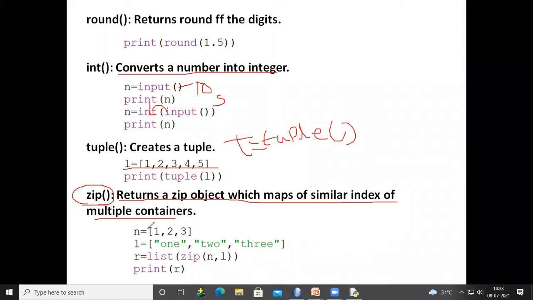What it means here: n equals 1, 2, 3 and l equals 1, 2, 3. Now zip n comma l. That means 1 and 1 will be zipped, similarly 2, 2 will be zipped, and 3, 3 will be zipped. So we execute these functions.